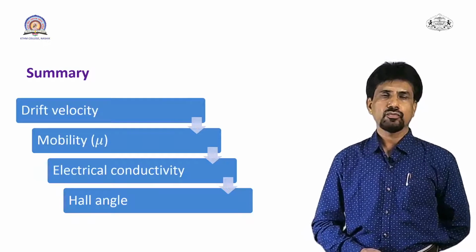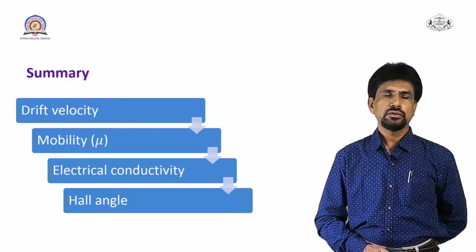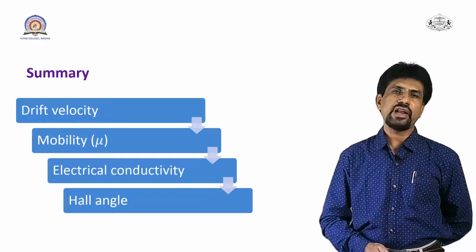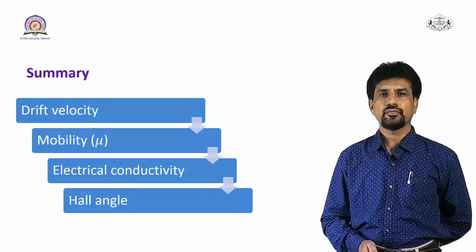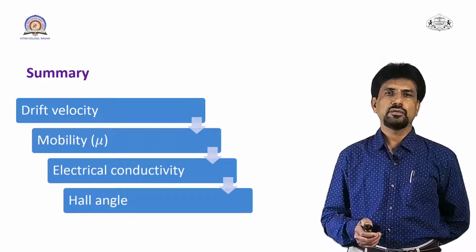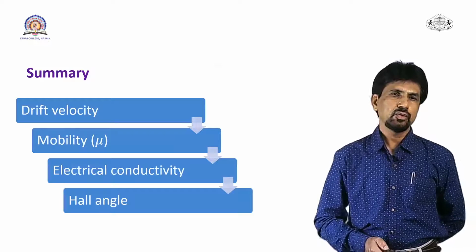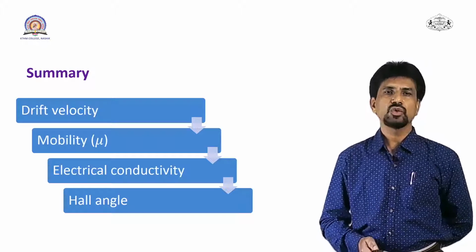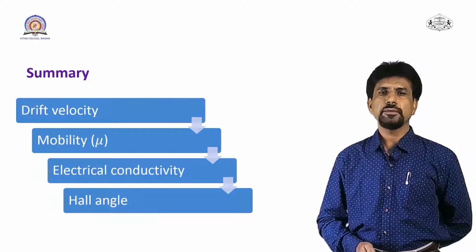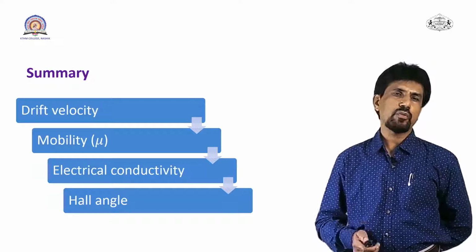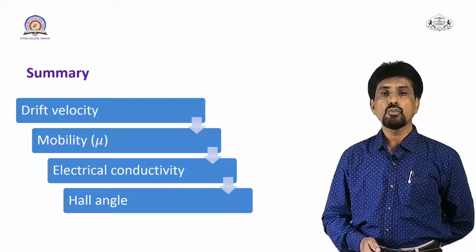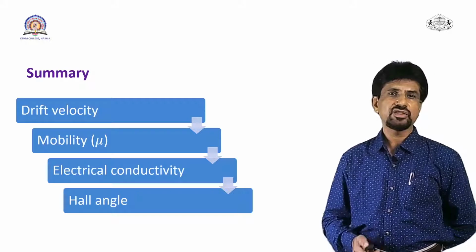And also we have seen about the drift velocity. That is due to the application of the electric field across the conductor, the electrons are moving from one end of the conductor to the other with some velocity, and that velocity is known as the drift velocity, that is the average velocity. Due to that velocity, the charge carriers become mobile, and we have also seen about the mobility of these charge carriers, that is the electrons.